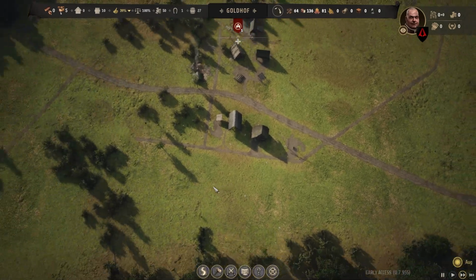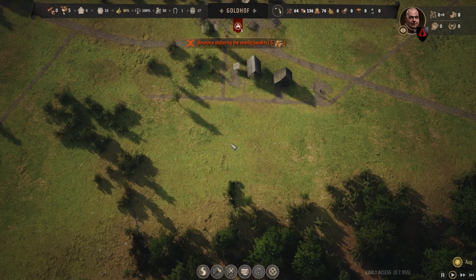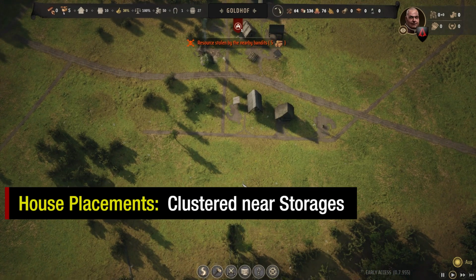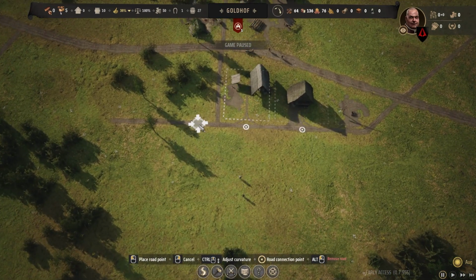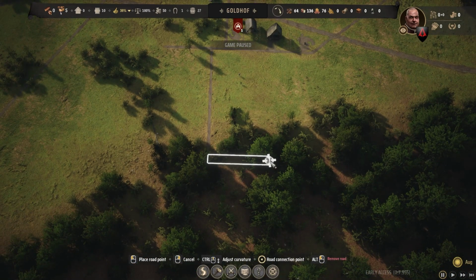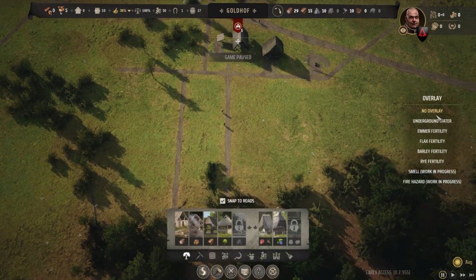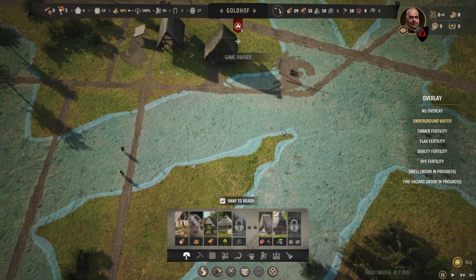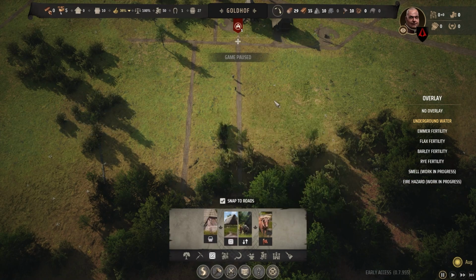Now with that said, let's go ahead and set up our houses. So with that in mind, we need to build our homes close to the storehouse and the granary as well. So let's go ahead and plan that. So I'm gonna put it on pause. I can also see that there's underwater here. I already have a well, but I'm going to create another well just in the middle of our